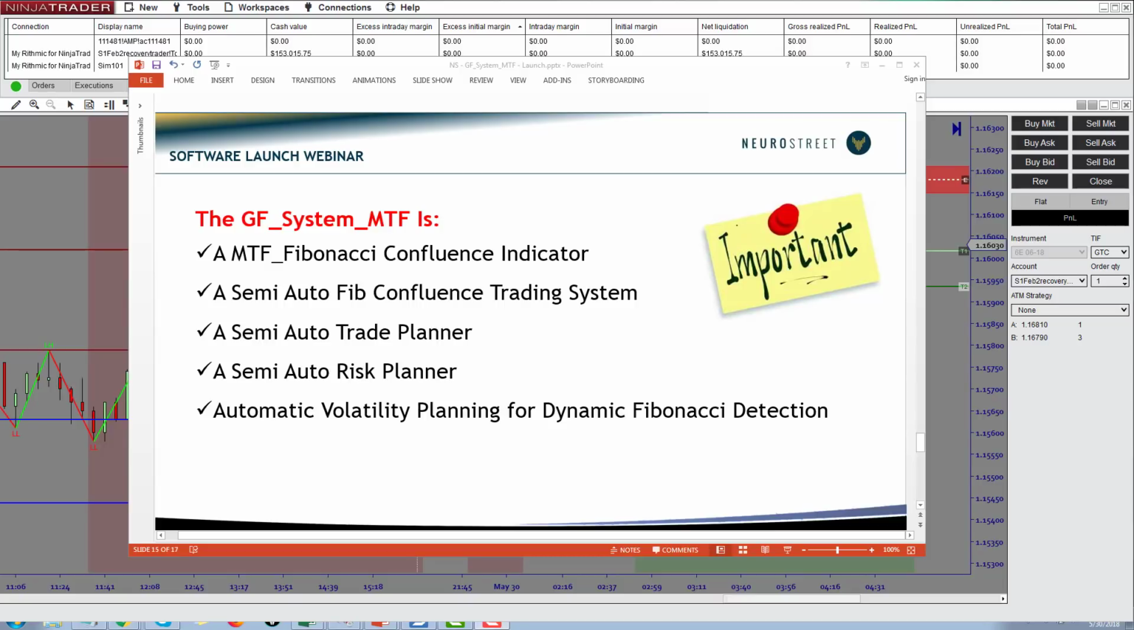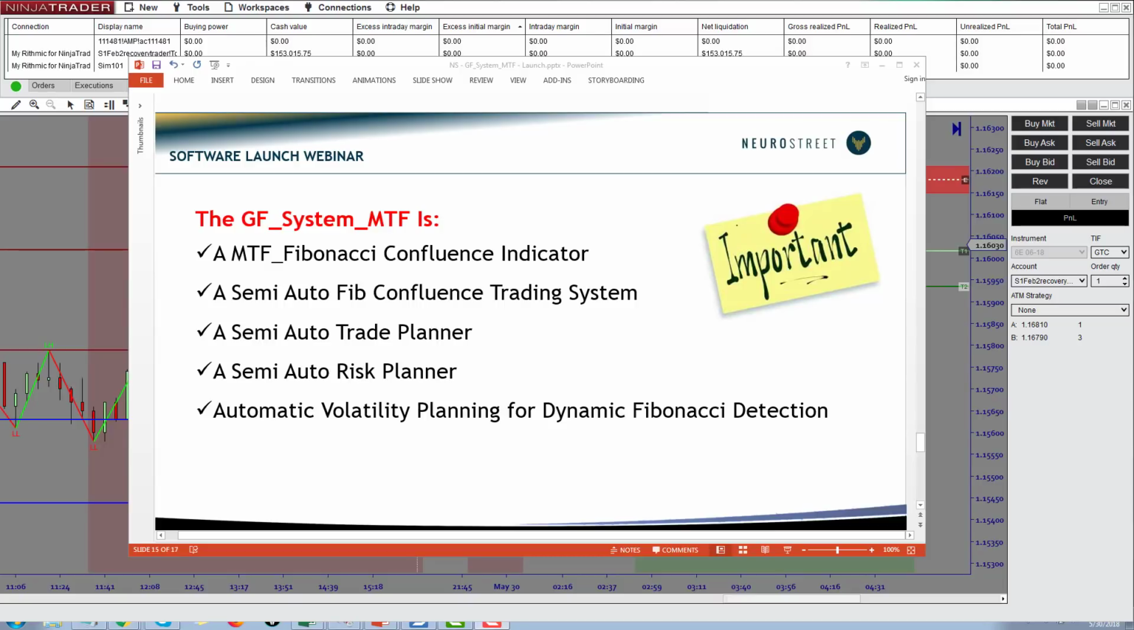the all-new Golden Fibs multi-time frame trading system. Now, for the last several months, we've been deep in the code bunker working with developers to take what was originally the Golden Fibs software that many of you already own and many of you are interested in owning, and turn it into an automatic volatility assessment trading system. And what does that mean? Well, we're going to get you to come to the webinar because I'm going to be explaining in immense detail